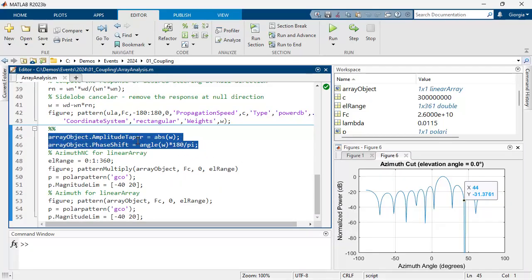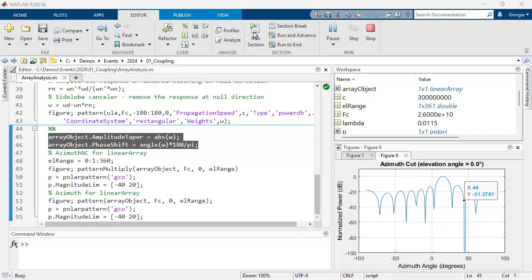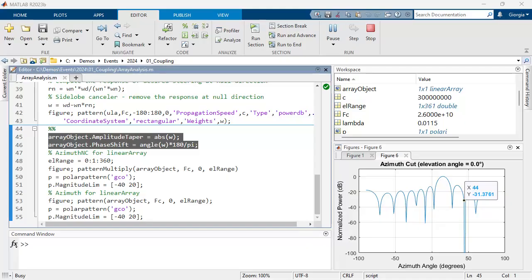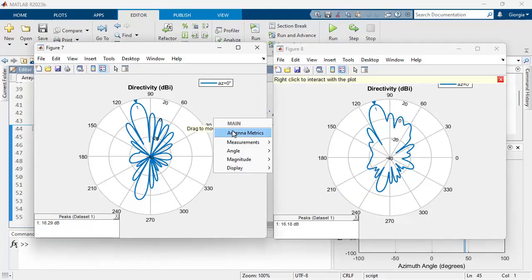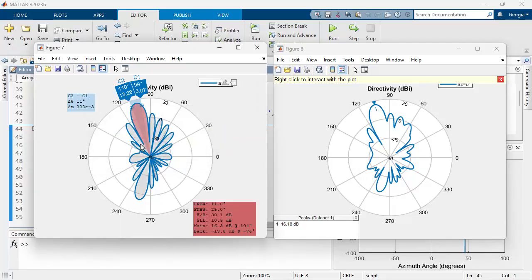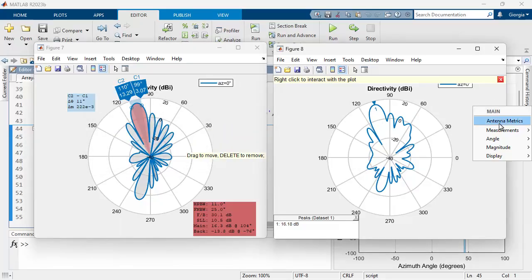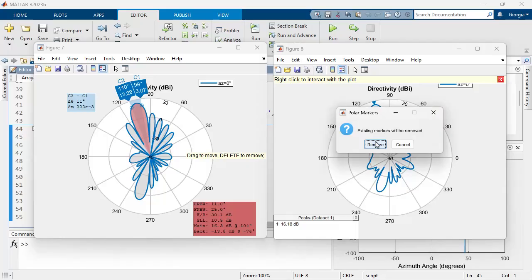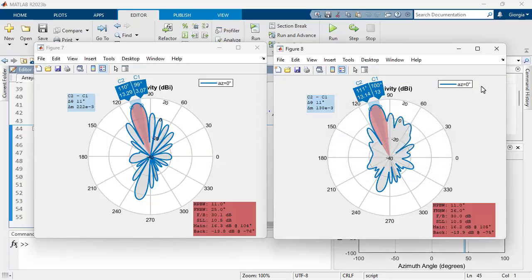Without considering coupling, by simply using pattern multiplication, the array factor or pattern multiply function, and by performing full wave electromagnetic analysis. And just like before, we force the scale of the graphs to be the same, so that indeed we can verify that